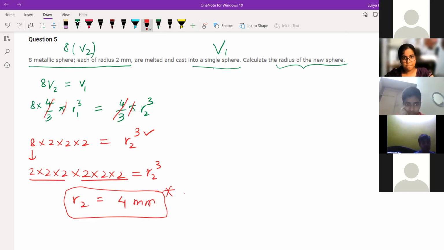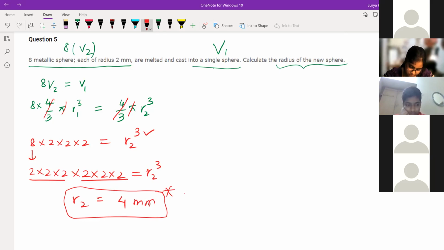Okay, children, that's the last question of the day. Tomorrow, just think and do 20 questions based on this. Every day, when I'm doing this, you have to do at least 20 questions based on this topic. If you're having doubts, call me, ask me, drop a message, if you're having any doubt in a question, okay?